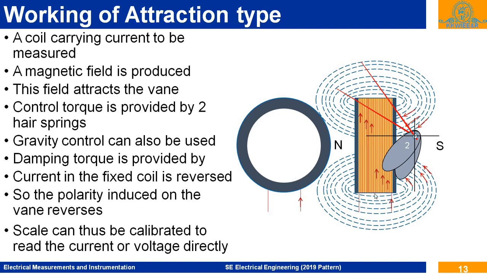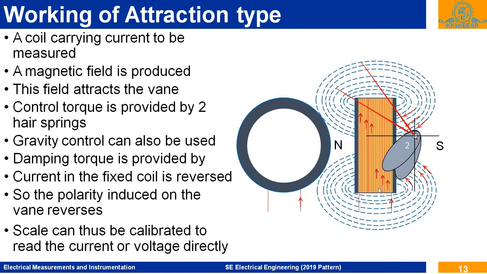As the magnitude of the current to be measured is increased through this stationary coil, the magnetic field strength H is also increased, and the pole formed on this soft iron piece also becomes stronger. So this much amount of force will be developed on the iron piece: M multiplied by H, where M is proportional to H square, and H is proportional to the current flowing through this coil.